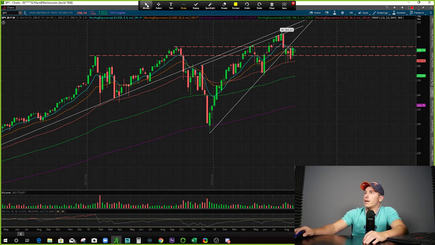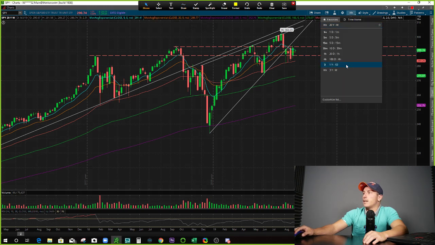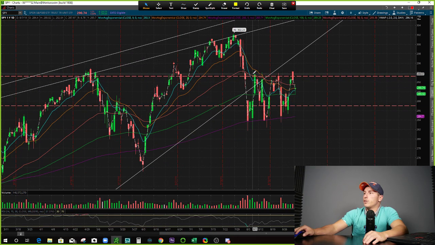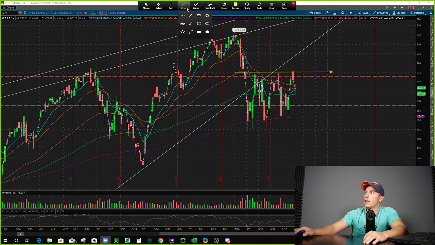So what's going on right now, if we zoom in on a daily chart, you can see we're rejecting, right? We definitely have clear resistance right here around this 294, 295. So far we've been trying to hold and continue higher, yet we've failed for a couple of weeks now. We cannot get over this 294. So this tells you that if price action can successfully get over this 294, 295, then at that point we will most likely see